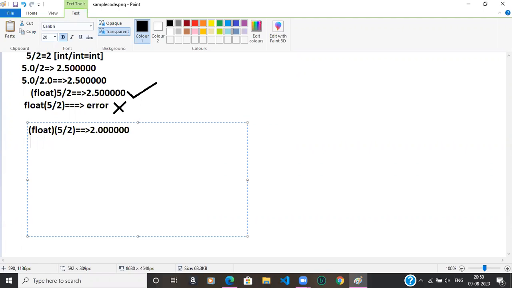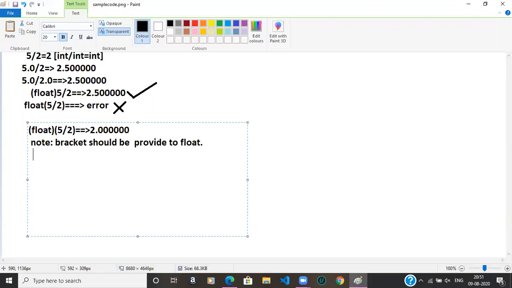Note: the bracket should be provided to float.